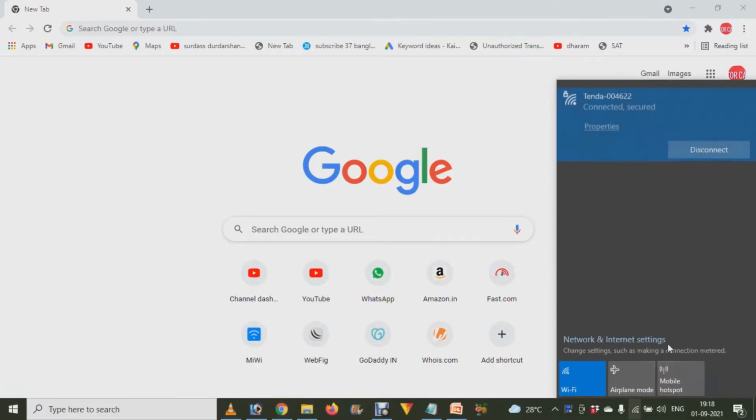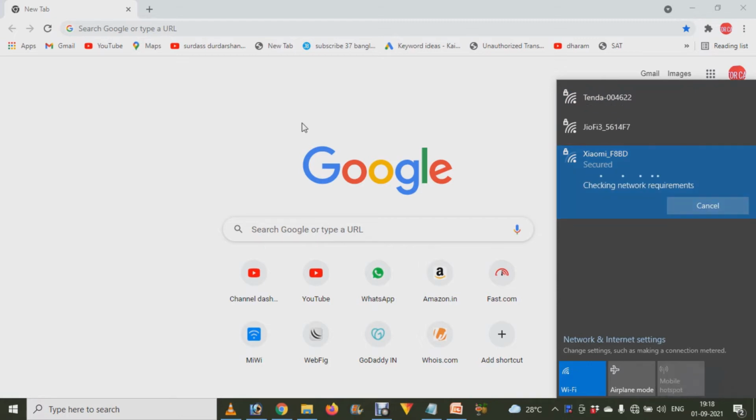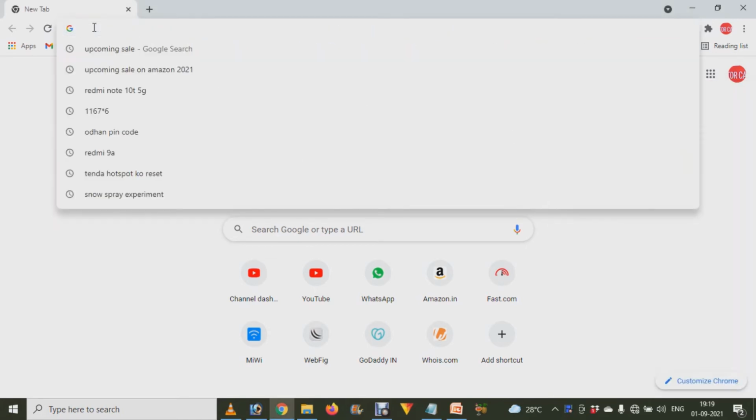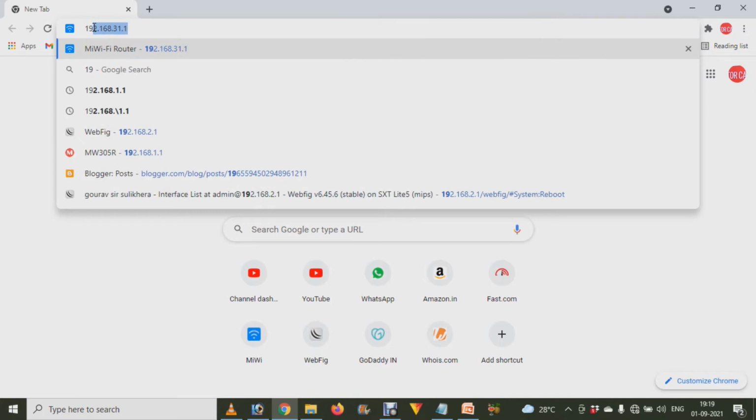First of all, install and set up your router. Then go to your mobile phone or laptop or computer, wherever you want to set this up as a Wi-Fi repeater, click on the Wi-Fi icon and connect to your Mi router. After that, go to the internet browser, whichever browser you are using, and over there you have to just type